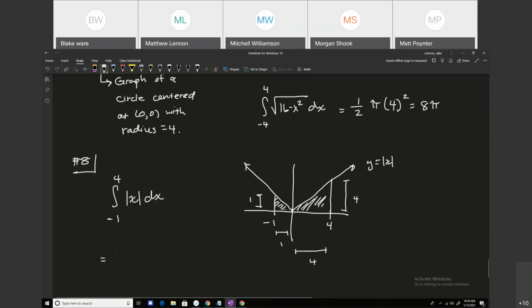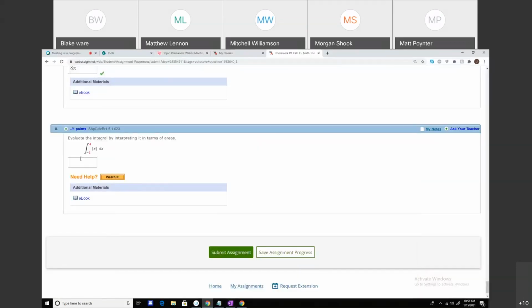So we'd have 1/2 times 1 times 1 plus 1/2 times 4 times 4. So we'd have 1/2 plus 8. So we'd have 8.5 or 17 over 2. So that's number 8. Actually, much easier than number 7, I would say,